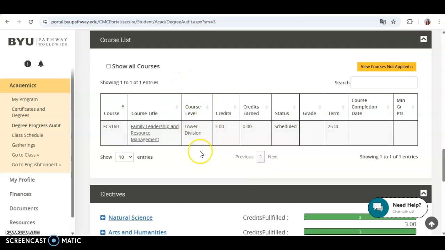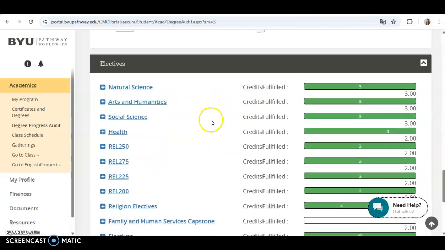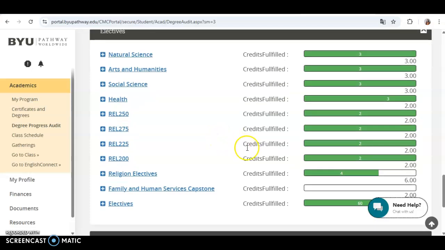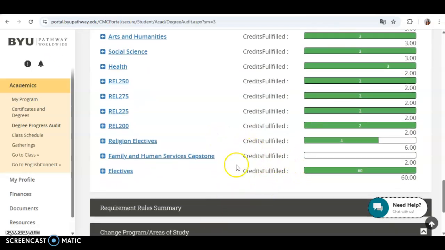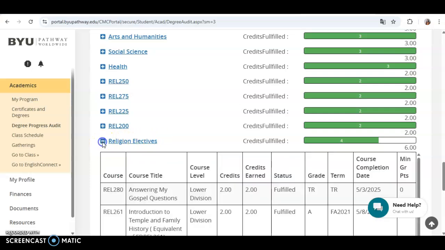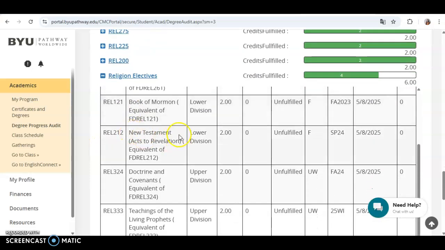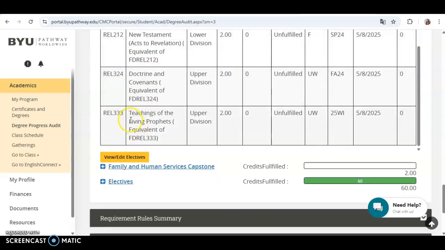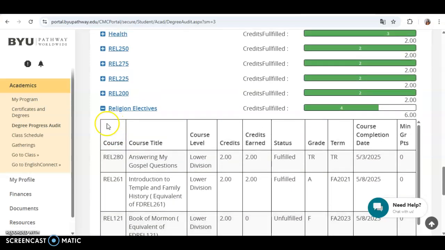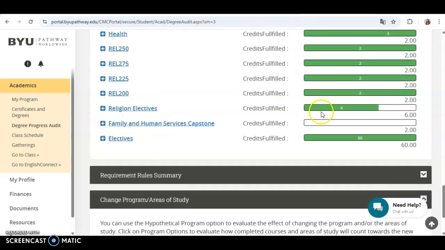If you scroll down a little bit more for the bachelor's requirements, you will see all the other credits that still need to be completed. For example, right here, this student still needs to complete 2 more credits for the religion electives. So if you click here, you are going to see all the courses that you have taken, and you can also receive a suggestion for your class schedule as to which religion requirements are available for next